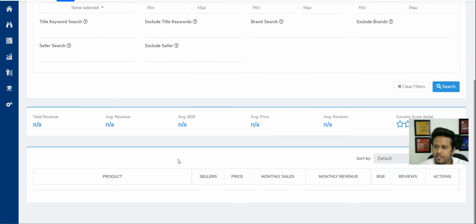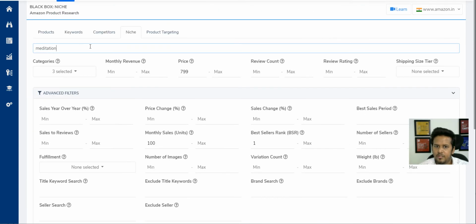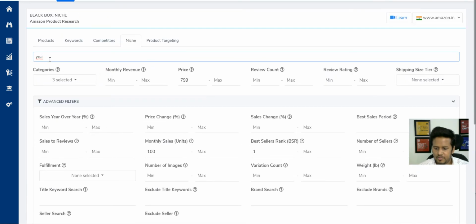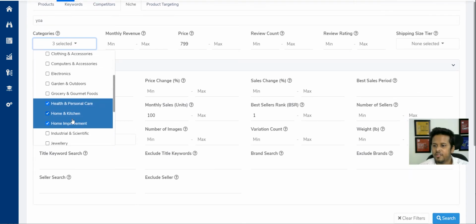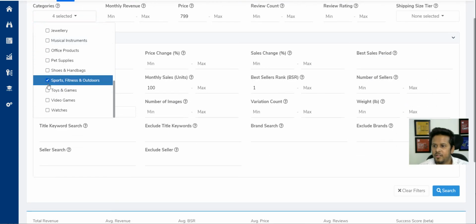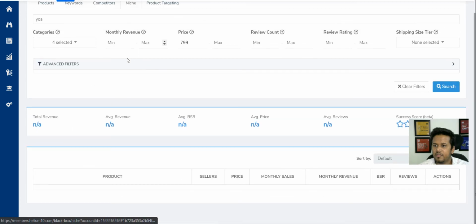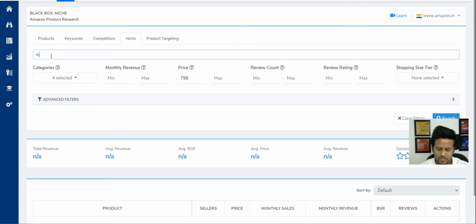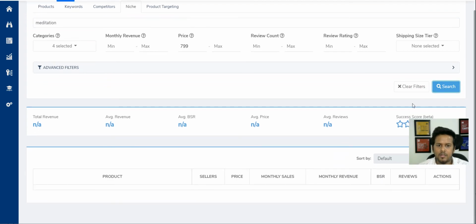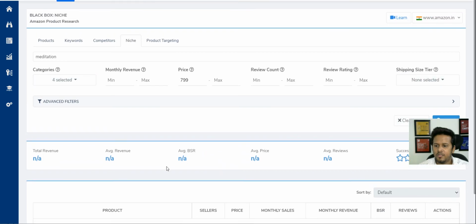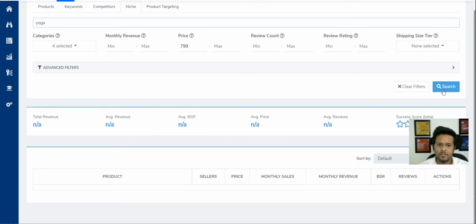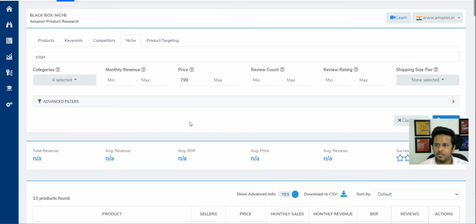Okay, I guess for meditation they do not have a particular niche. Let me choose yoga, that might give me some insights, or meditation might be in fitness. I did not choose fitness, right? So yeah, let me try with this again. Let me search meditation once more. Okay, let's see, no, we have not got anything. Okay, let me try with yoga, and as I mentioned, I'm doing this right in front of you. It's not pre-planned, so that is why I am not sure if this would work or not.